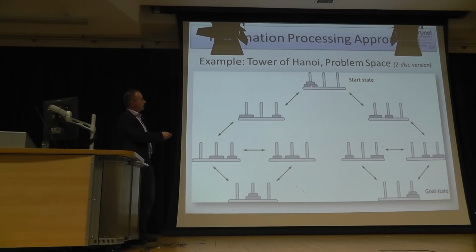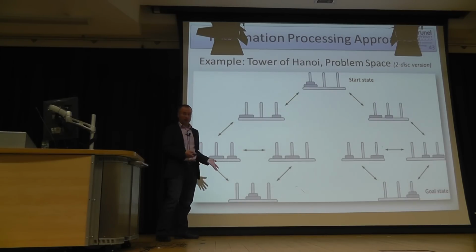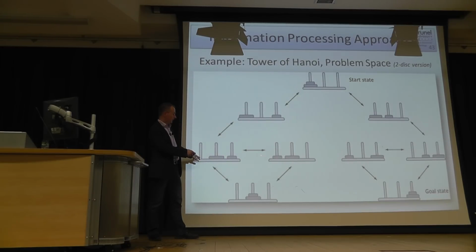And we could go here and put the smallest disc on the third peg, for instance, or on the second peg. So we branch out here. And then we could put the larger disc on here, and what we could do then, which doesn't make sense to reach our goal, but it's still a potential move, is put the smaller disc back on this one first. But it doesn't bring us closer to our goal to put it on the middle peg, for instance. And it's always reciprocal. We could go back here to go to that state. It doesn't bring us closer to our goal, but it's possible.